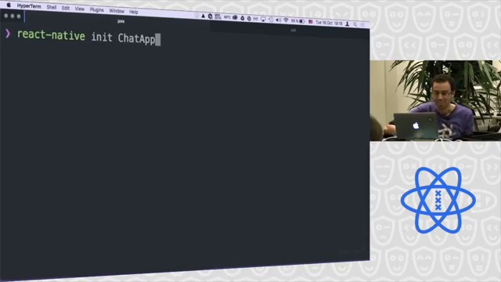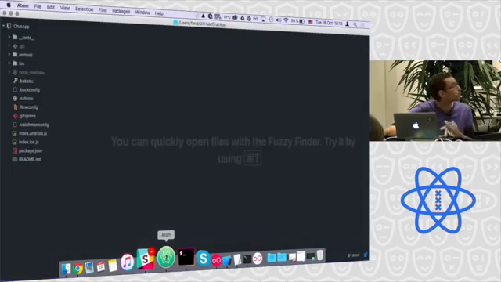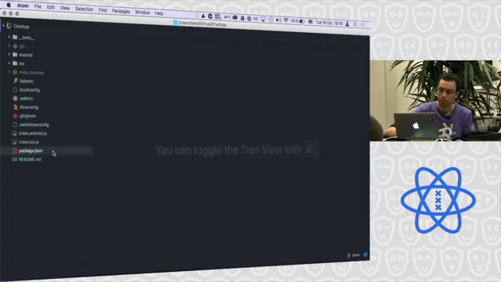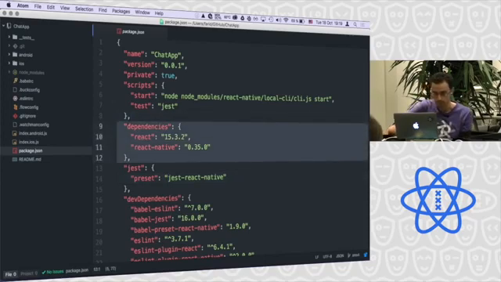Thank you. So if you do this command, it will generate for you a boilerplate of a basic application. And let's see this application. So it will generate for you some files like this. First, it's an NPM based project, so you have a package.json. Inside, you will have the dependencies of the project. For example, by default, it will be React and React Native. And you have also